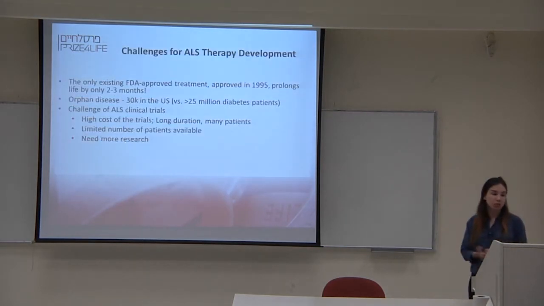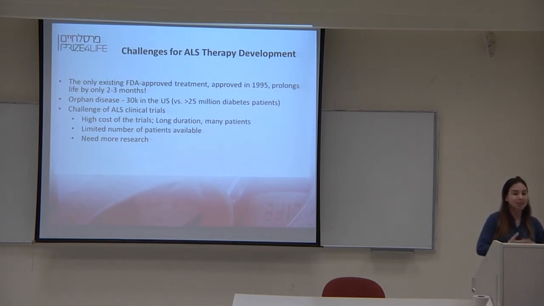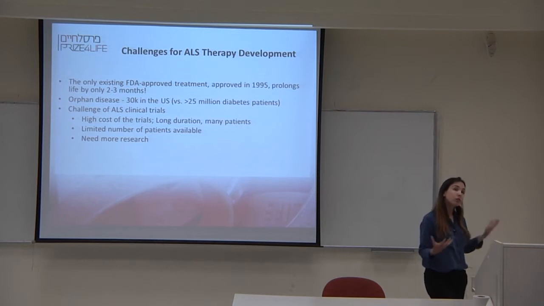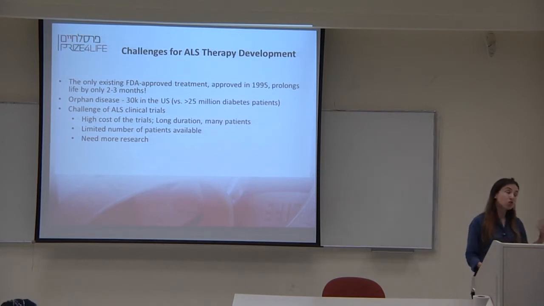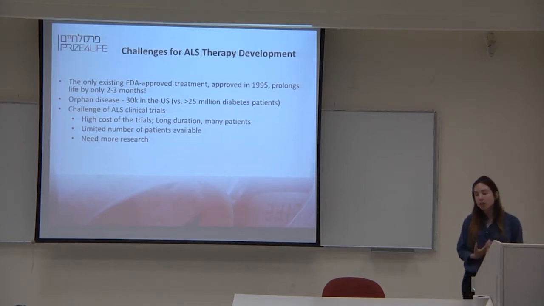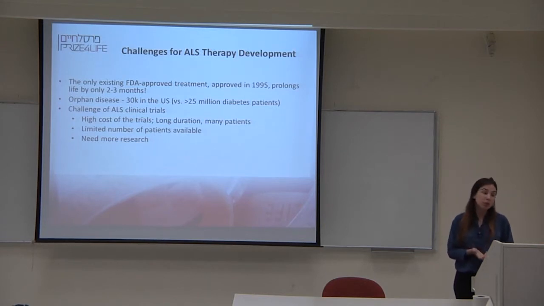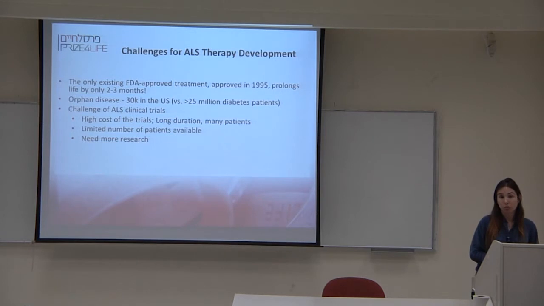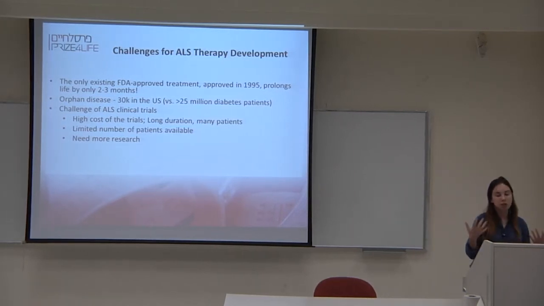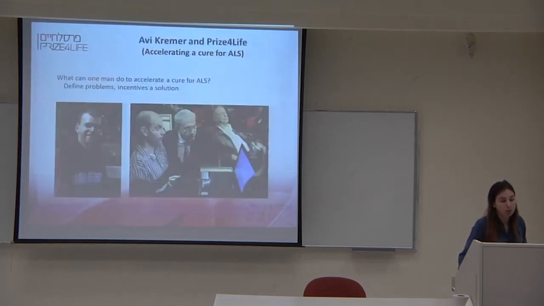Okay, so challenges for developing treatment for ALS. There's no treatment on the market right now. There aren't that many patients alive at any given moment, which is a difficulty from two perspectives. Once, it makes it very hard to check a potential treatment because it's hard to find patients to recruit for a clinical trial. And it's not easy to develop it because there aren't a lot of consumers for a potential treatment at any given moment. So if you want to develop a treatment, you need more research, you need more patients, and you need better clinical trials. And this is exactly the type of topics that I want to talk about today. I'll get into them in more detail.